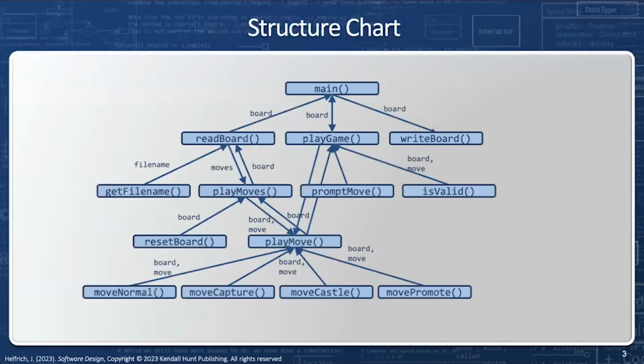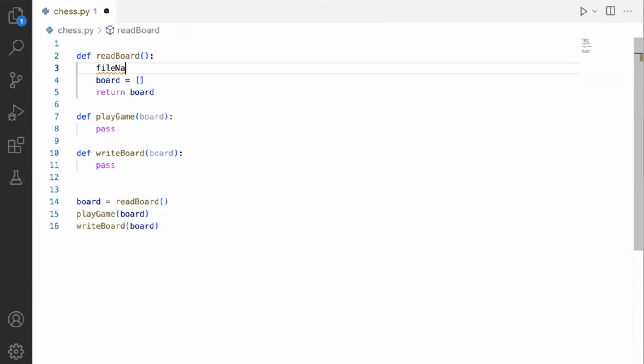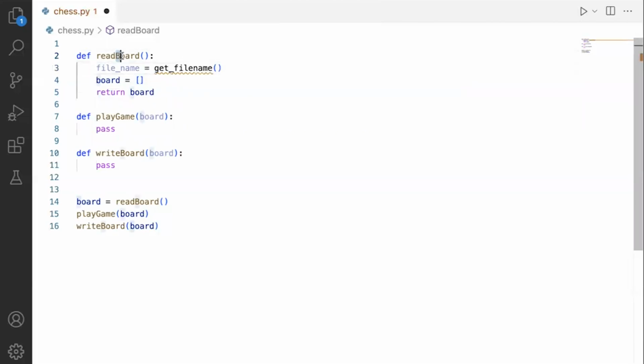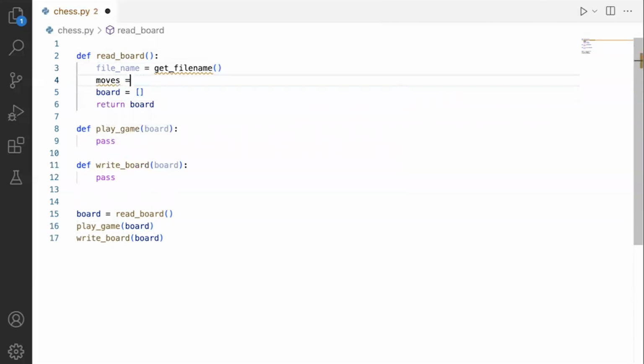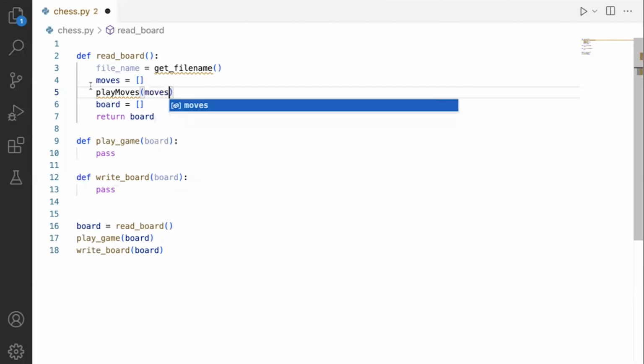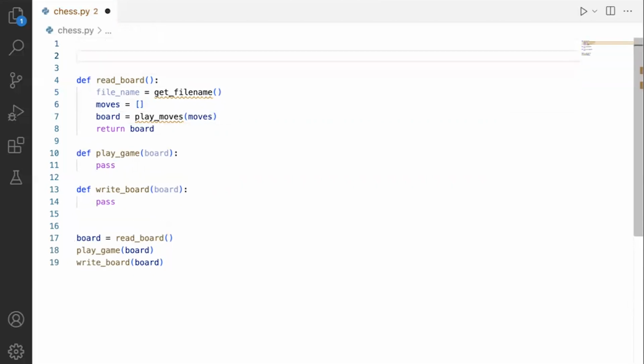Next level, let's take a look at readBoard. readBoard is going to get a file name. So I'm going to say file name equals get file name. Sorry, I should have used my correct Python syntax here. I get confused sometimes. There we go. Get my style good. Okay, get file name, and then my moves is going to be empty. And now I'm going to play moves, and this is going to take the moves, and it's going to return a board. So I no longer have to make that one. There we go. And I'll return the board,